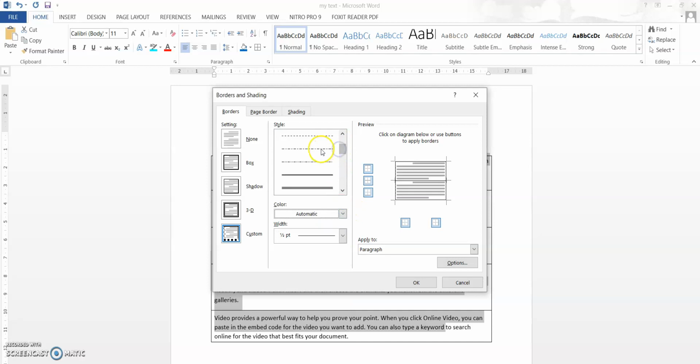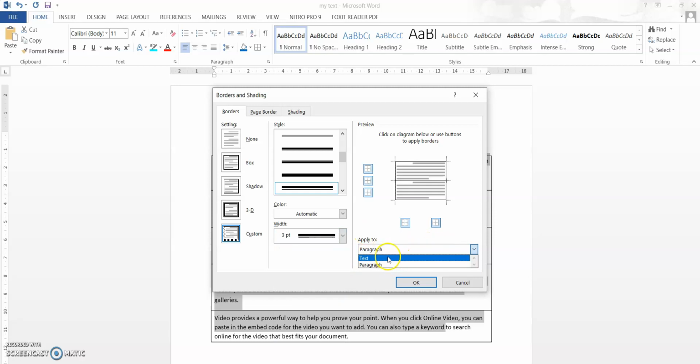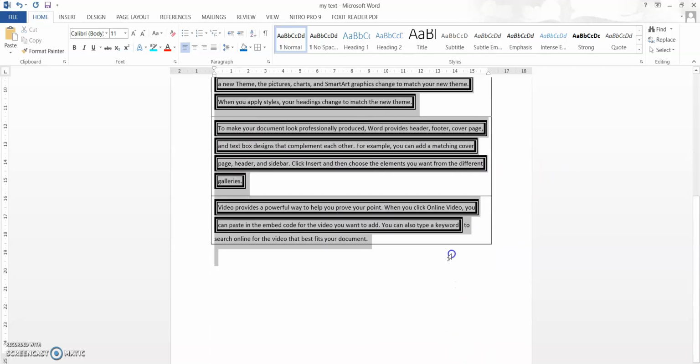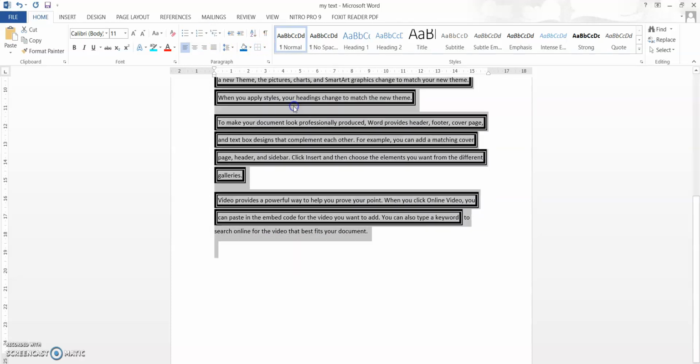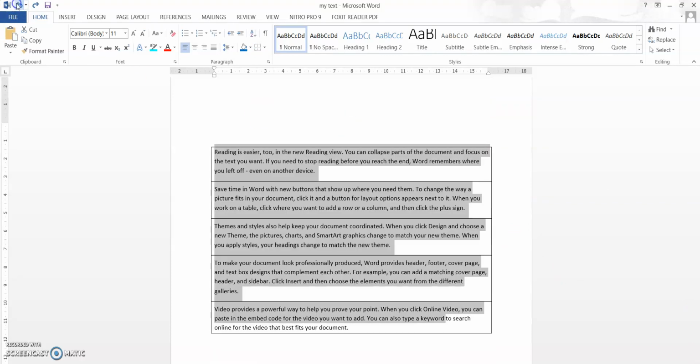Then the type of border, whether you want it to be a dotted line or dotted dashed, everything you can have. You can control the thickness, apply to paragraph, apply to text, many things you can do. So let me press this 3D. Then if I press OK, so this is how many things you can change and play with borders. Okay, if I want no border, then I have to use this no border option. With that, the borders will vanish, or you can press undo.